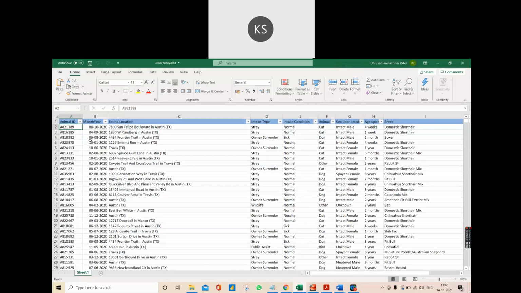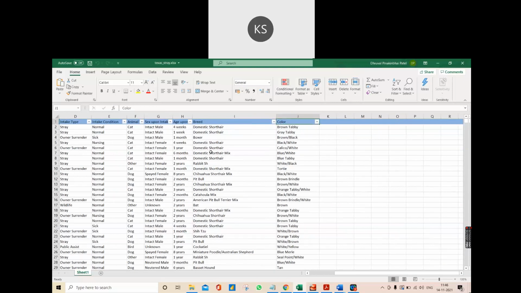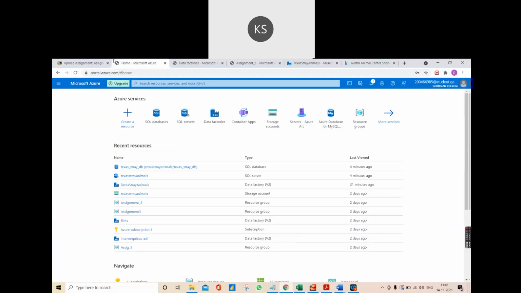So mostly it's about cats and dogs or some other animal, and it has various attributes like month, year, the location where they were found, what the intake was, and the animal category and the breed, etc. So now we will use this data set for our assignment.